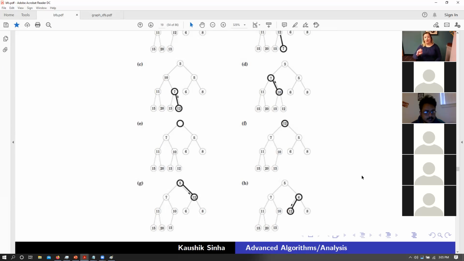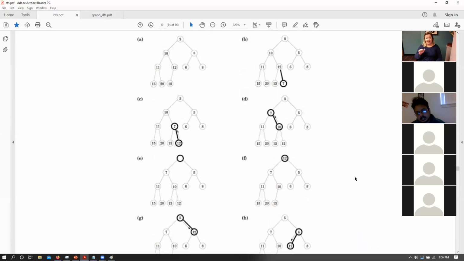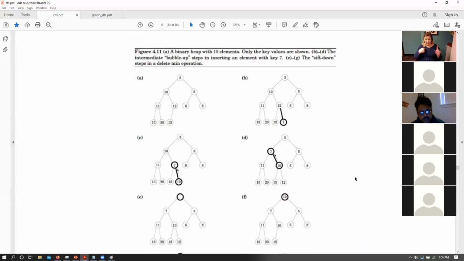So does that make sense to everyone? How a binary heap works, and if I ask you, will you be able to implement this particular data structure as a function maybe? Only 2 people will be able to implement this, nobody else. I can explain again if you are confused.